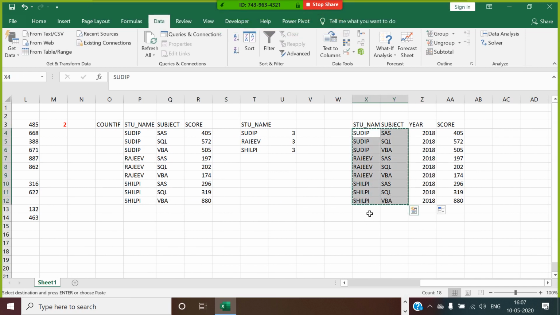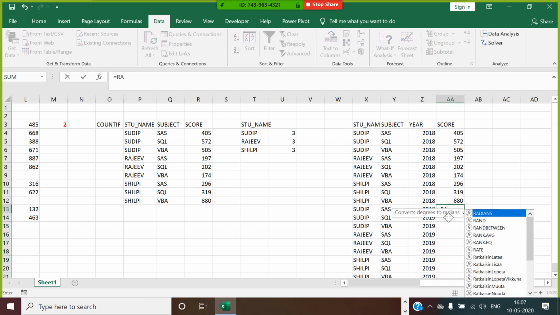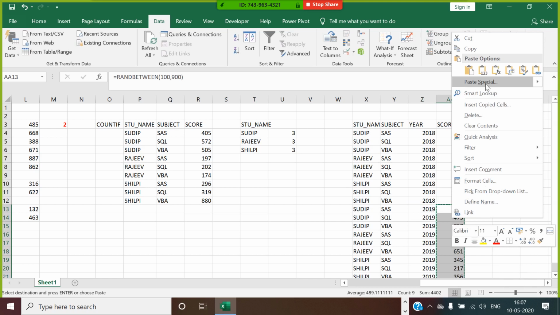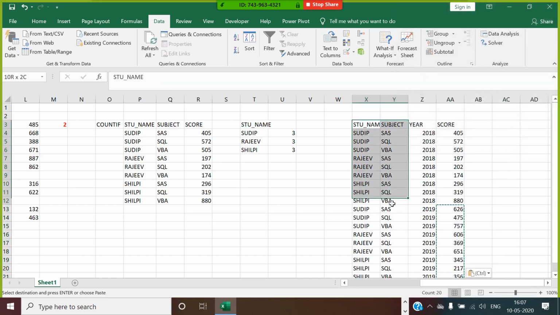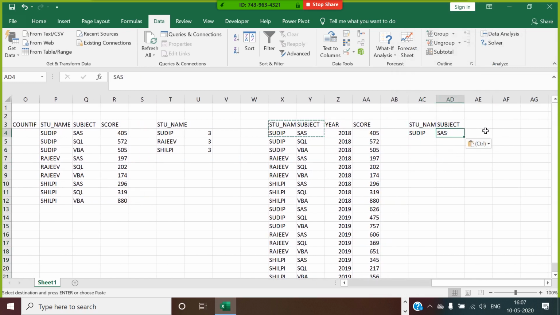In this, I have given the year 2019, which is random between 100 to 900. Base position and values. So what I want to do here, I want to get the value for how many times Sudeep SAS is repeating.